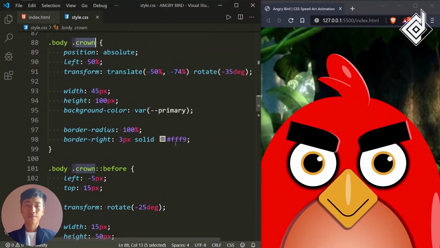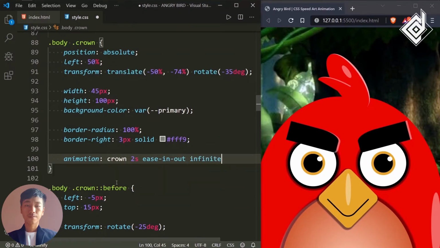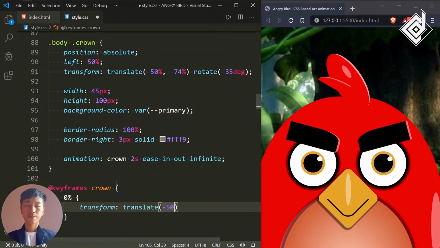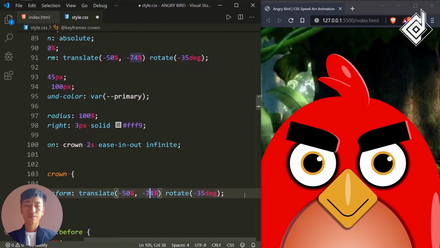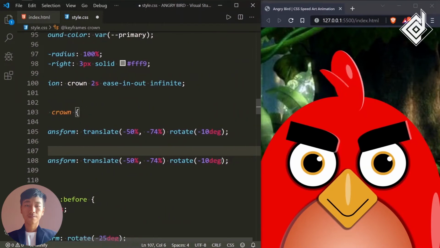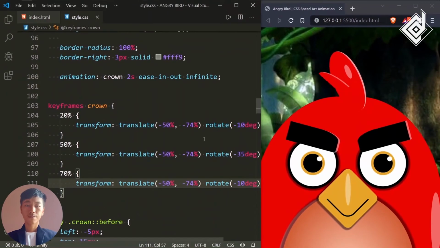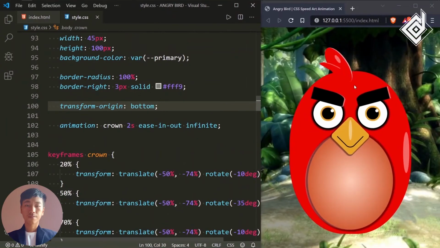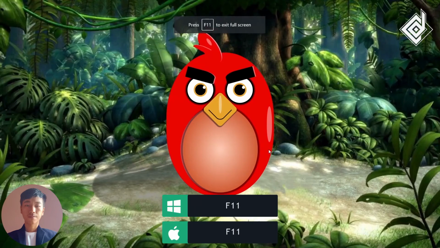Now it's time to give simple animation. So we are animating that crown of red bird, so I want to give a kind of like movement for that crown of red bird, something like this, but this is not exactly what I want. So let's give the proper rotation. Okay, you can see this is the exact animation that I want for the crown. Now let's take it to the full screen and let's look at that animation.